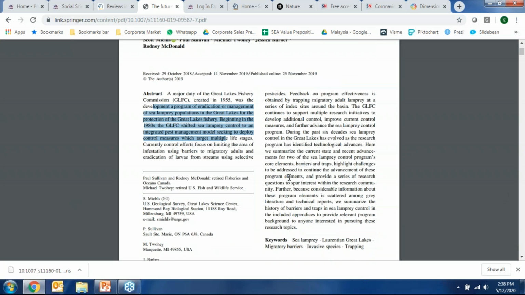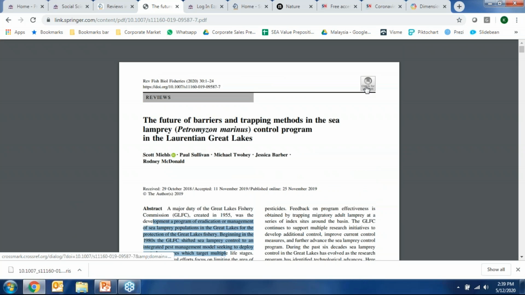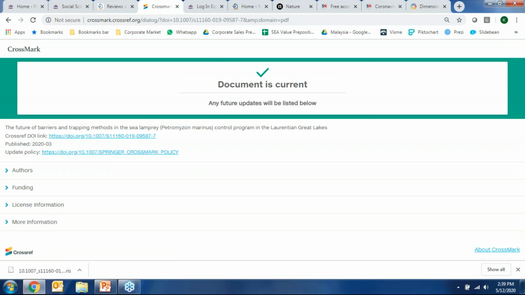There's another feature on the PDF file itself, which is this Crossref feature. If you click on it, you will be able to get information on the timeliness or up-to-dateness of this particular manuscript. Is this the current copy? Have there been revisions made? Is there a newer version that perhaps I should be reading rather than this one, which has perhaps already been retracted? This is what CrossMark does. Very simply, just click on it and it will tell you, yes, this document is the latest version, is current, etc.